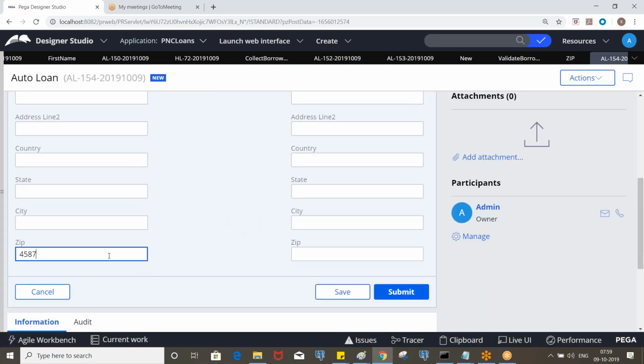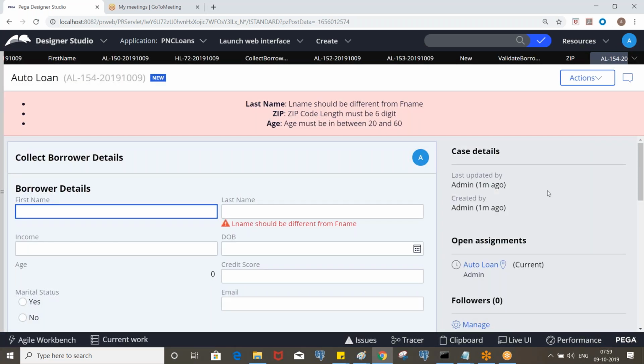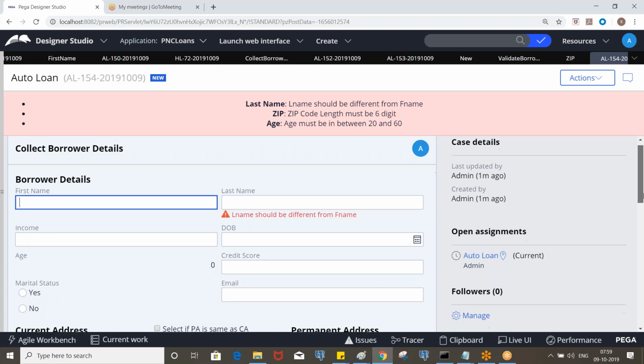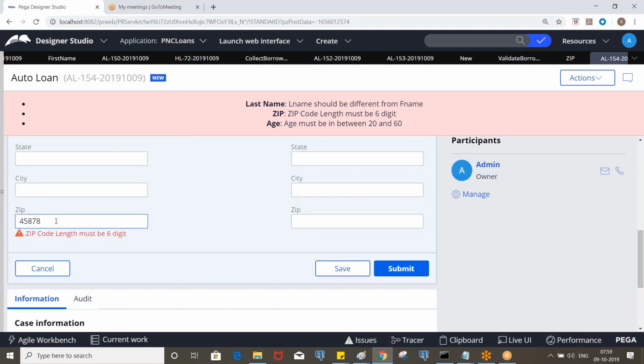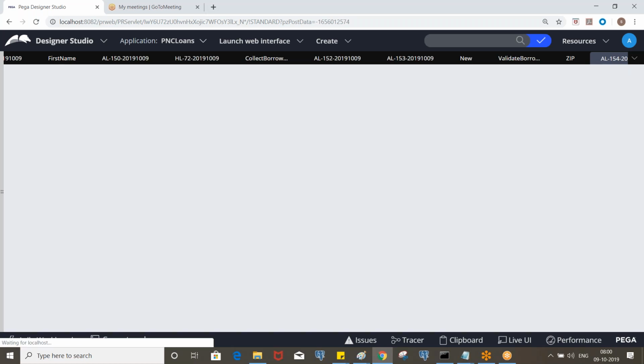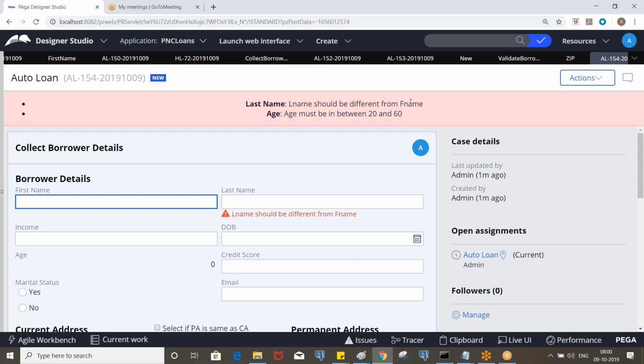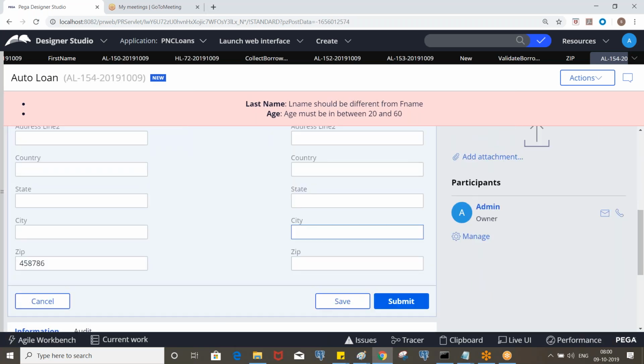One, two, three, four, five. Zip code length must be 6 digit, right? Now let's put 6 digit. Now the zip code error is gone. The zip validation is not happening because we entered 6 digit.